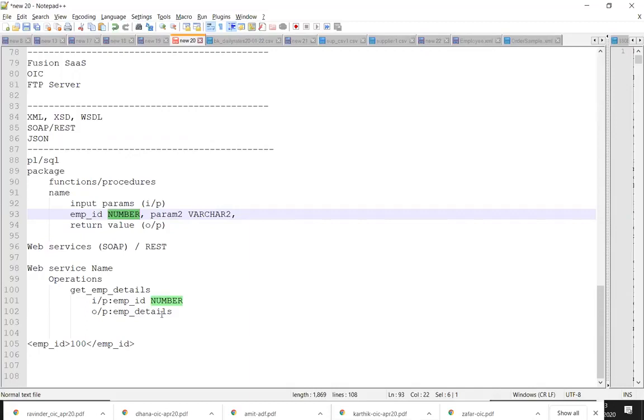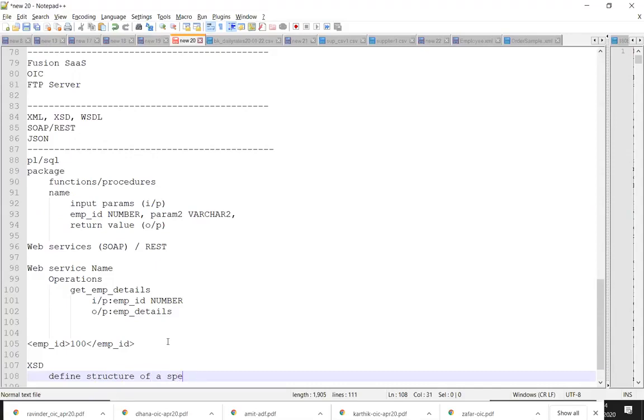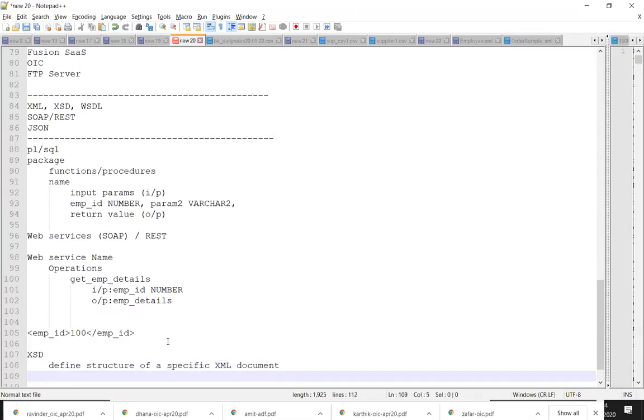So how do you mention an XML type? That you can achieve using XSD. So XSD is going to help us define the structure of a specific XML document. One XSD represents one specific structure.